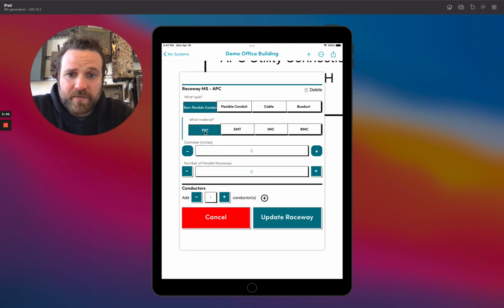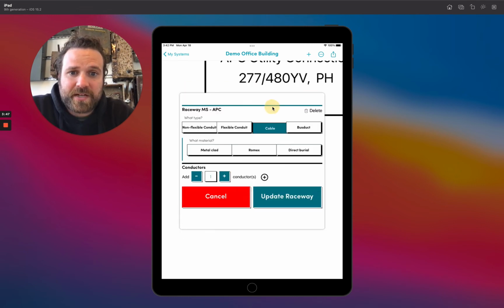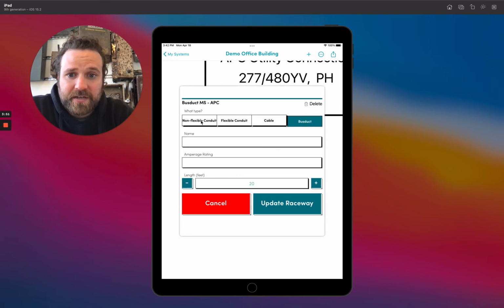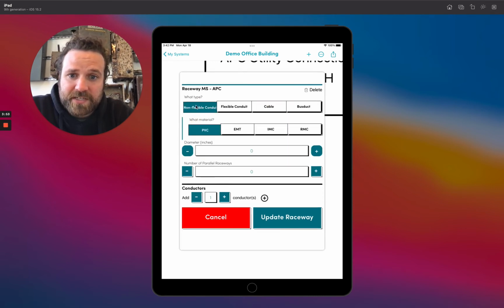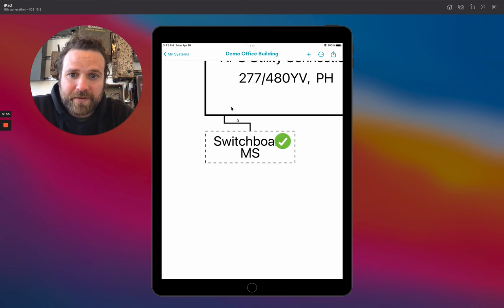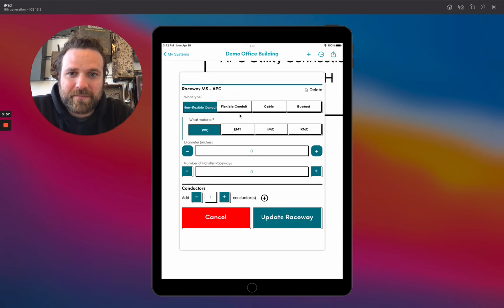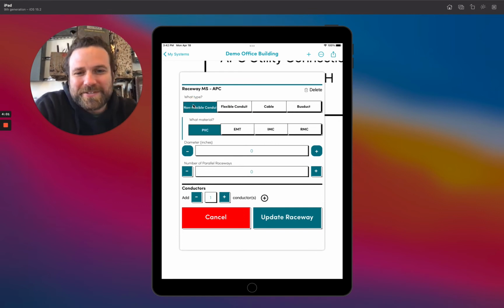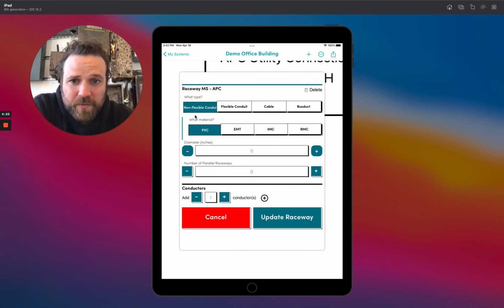So since this is a service, we'll say it's PVC. I've also got different kinds of cable in here, including Romex. I've got bus duct in here, but we're going to start with non-flexible conduit. I've even got Smurf tube in here. You may appreciate that. So we'll say it's PVC non-flexible conduit. We'll say it's 4 inches since it's a service, right? 4 inches, and there are, say, 4 parallel runs. So we've got 4 parallel runs